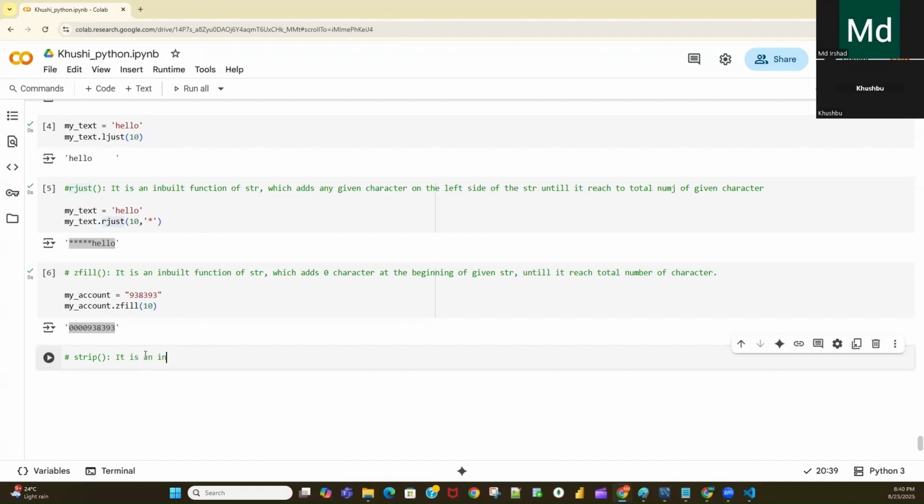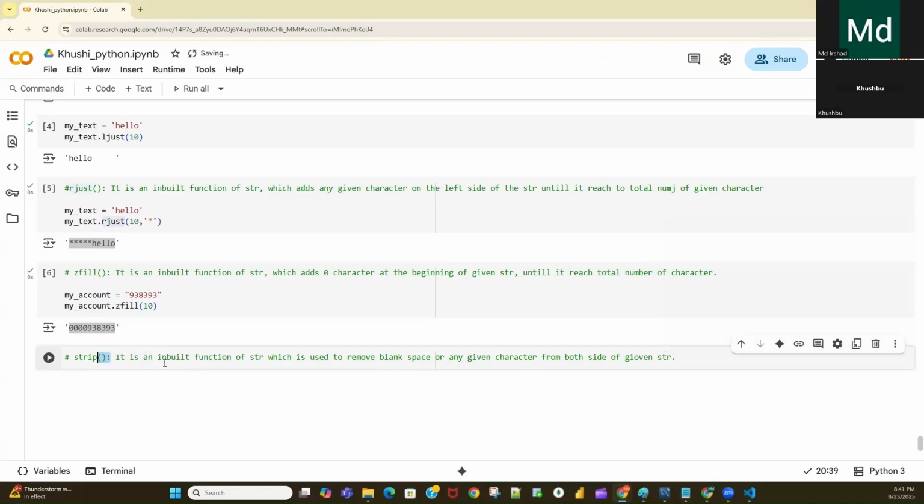It is an inbuilt function of string which is used to remove blank space or any given character from both sides of the given string.